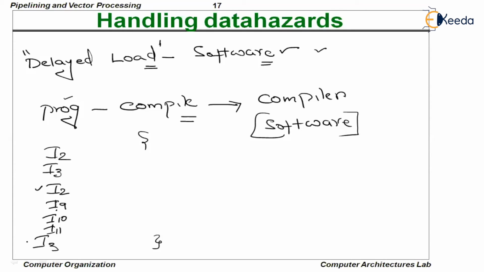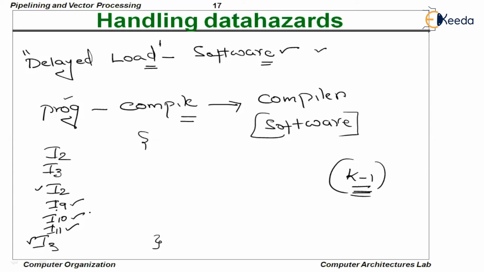For an example, between I2 and I3, there is a dependency found by the compiler as it is being compiled. Now, I2 and I3 need to be separated by a sufficient number of clock cycles, equal to k minus 1. But the additional important thing performed by this compiler is, in these delayed slots, it can insert some independent instructions. Let us say I9, I10, I11 are completely independent. In order to execute these instructions, you don't require anything.